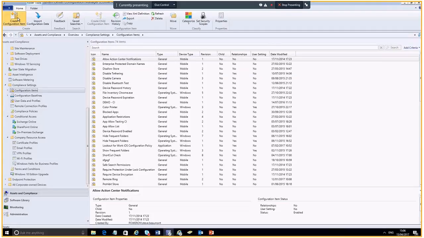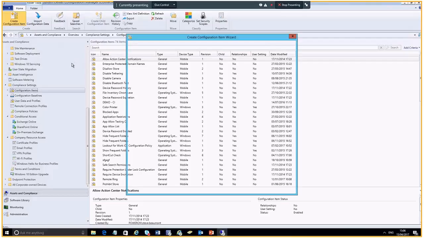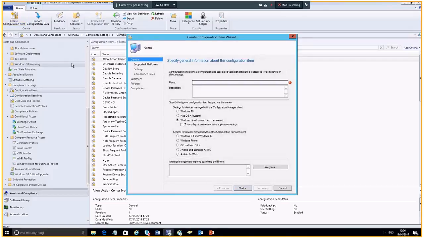Policies are still relatively easy. The general rule of thumb within Config Manager is we create what's called a configuration item, and we wrap it in a baseline, which is almost just a wrapper for the policy. We can have one configuration item in a baseline, or multiple configuration items in a baseline. So we click create, we type test, and we begin to create a policy. You can see here